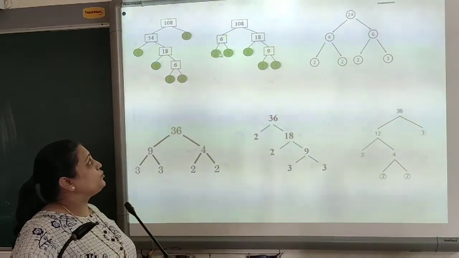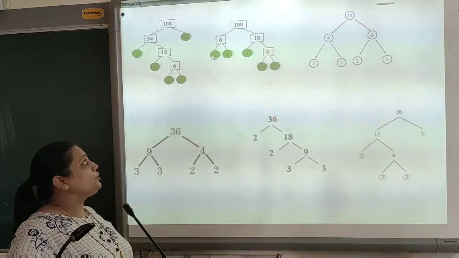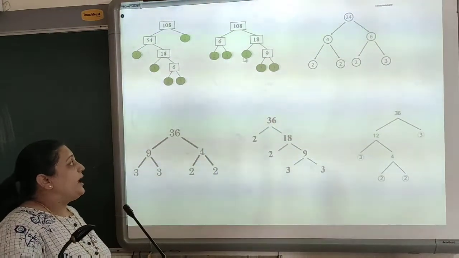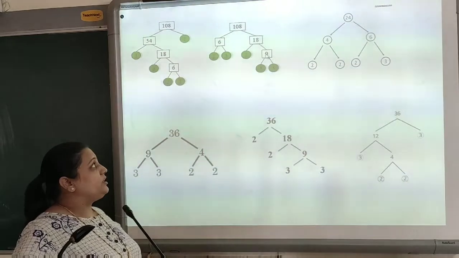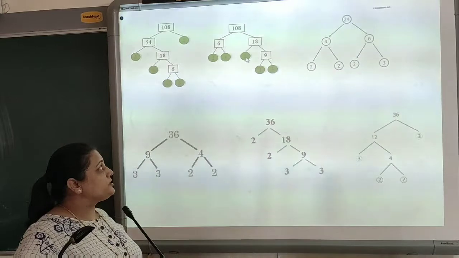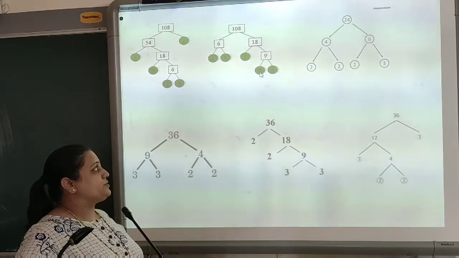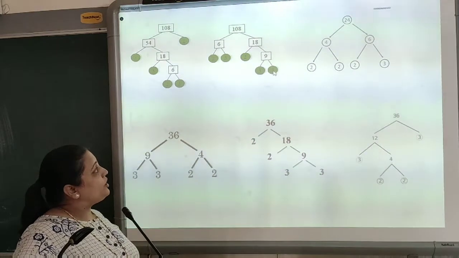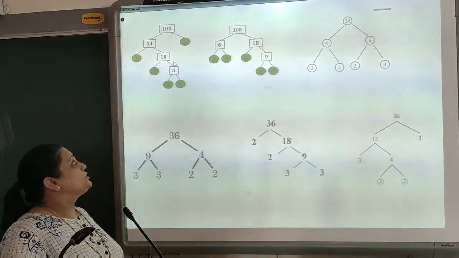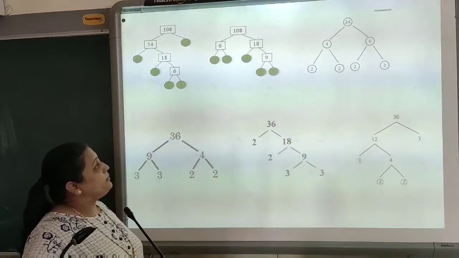So 6 means what? 2 into 3 is equal to 6. And 18 means what? 2 into 9. Again 2 and 3, these both are prime numbers, so I have closed these branches. And now 2 and 9. Here 9 is a composite number, 2 is a prime number. So I have closed this branch of 2, and this composite number I am again breaking into the next branches. So 3 into 3. So what answer did we get? 2, 3, 2, 3, 3. Again 2 times 2 and 3 times 3. So whatever factor tree we draw for that number, the answer will be the same.